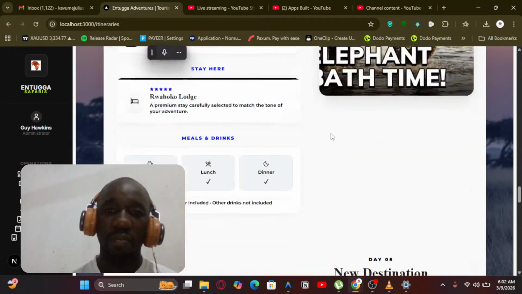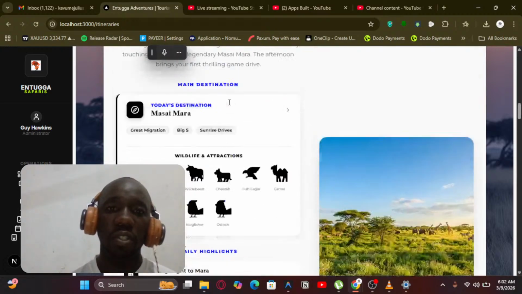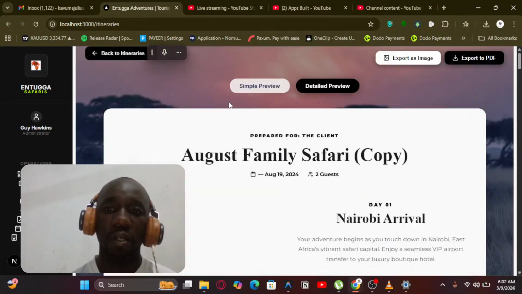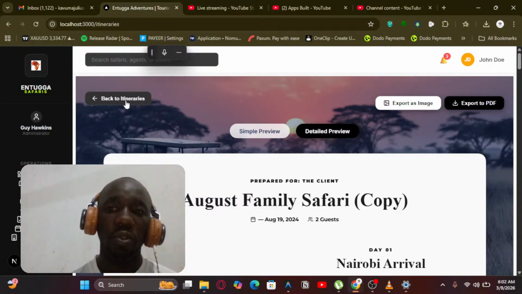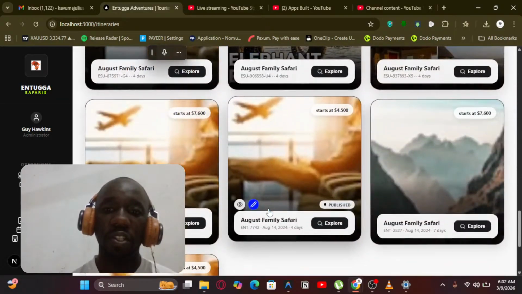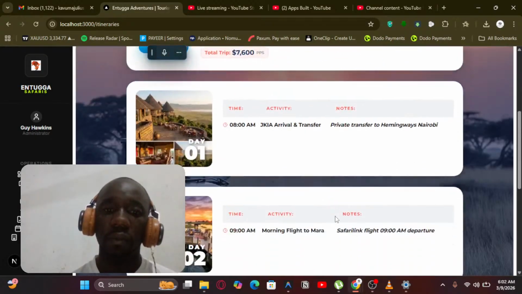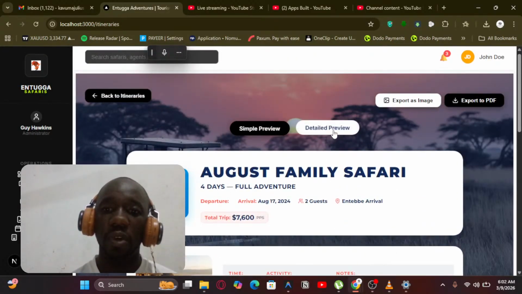This is how the images look. They are fantastic. They look good, which is quite amazing to me. Also, when you look at the various changes that we made, we ensured